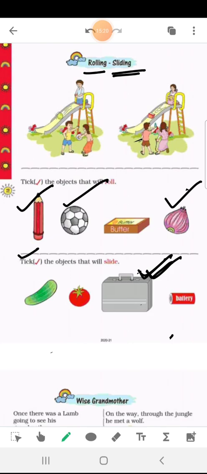So this is today's lesson, students. So you try at home and try to draw the round things and the things which are cylindrical, things which are conical in shape, that is cone. So you draw in your copies and show me. This is your homework for today.